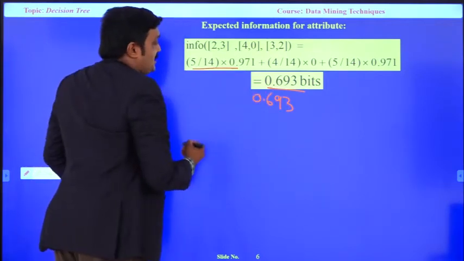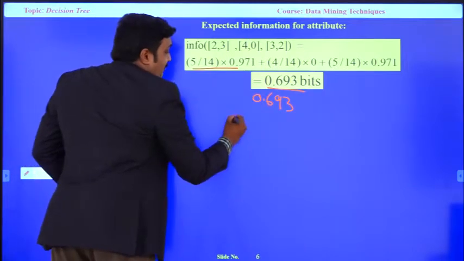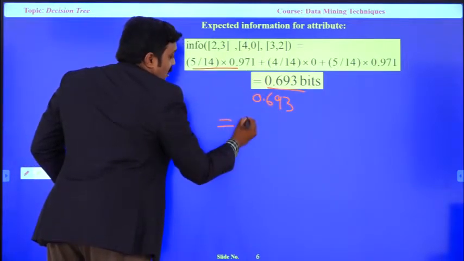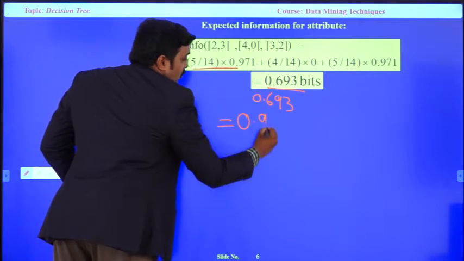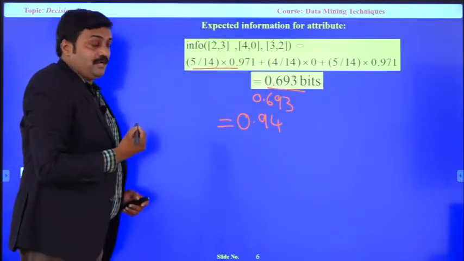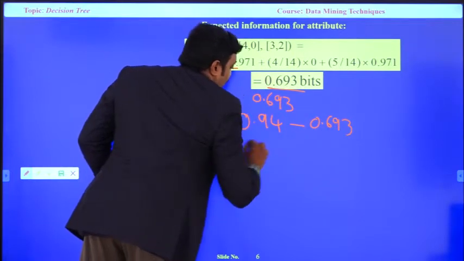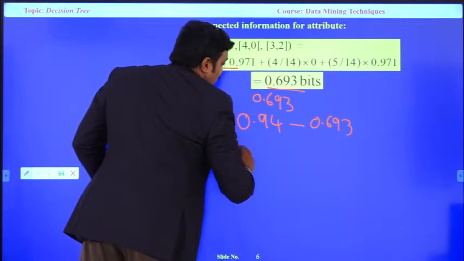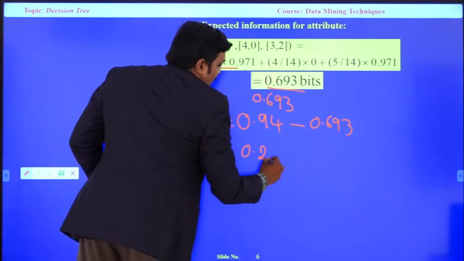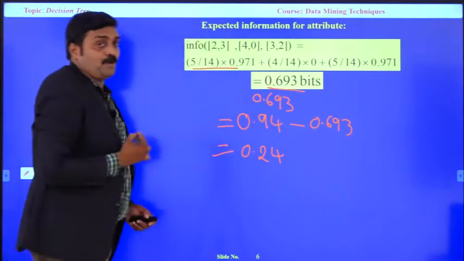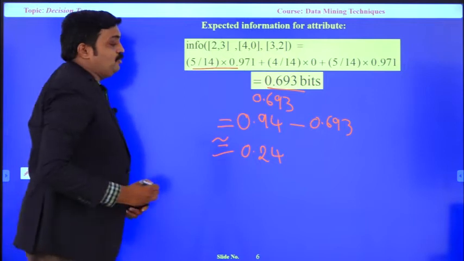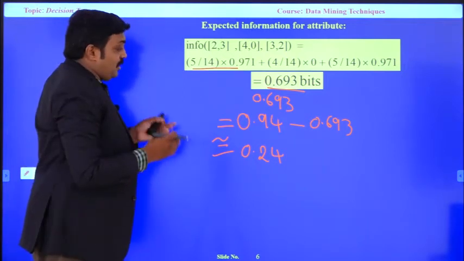Now we need to subtract from the previously calculated overall play class entropy, 0.94, minus 0.693. By subtracting these two, we get approximately 0.24 or 0.25.